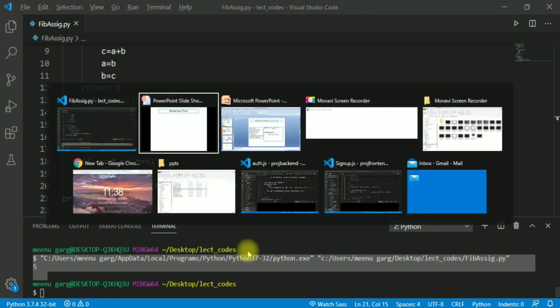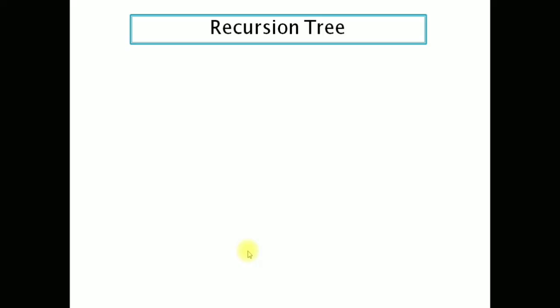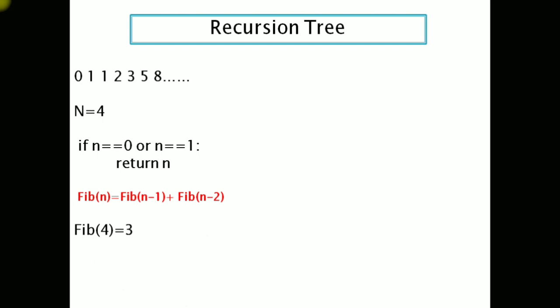And now you must be wondering how this works in the backend. Basically, it uses the data structure called a stack. It makes the calls one by one. To give you a clear visualization of how recursion works, I'm going to explain this through the recursion tree, how it calls and how everything is going on. So over here what we have is, suppose